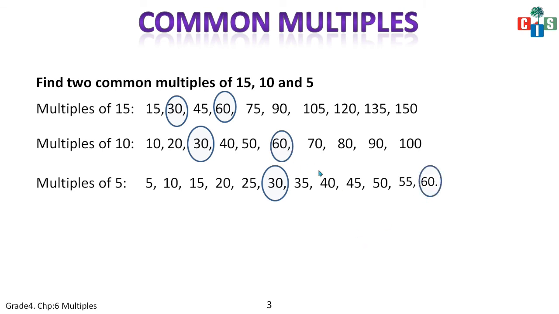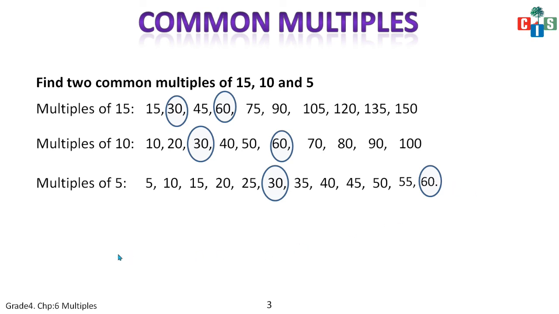Now if I ask you to find the third multiple. Okay. Now see, this is 75, this is 70. Okay, so you will not have 75 here because 75 will not be in the multiples of 10. In multiples of 5 you will have 75 if you increase, but then it will not be in the table of 10. Okay, so you have to find 90. Now 90 is here, and in the table of 5 also you will get 90. Yes. So you can increase the table of 5 to get 90. That is the third common multiple.